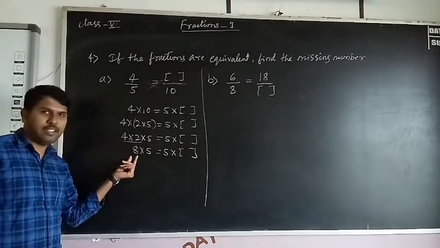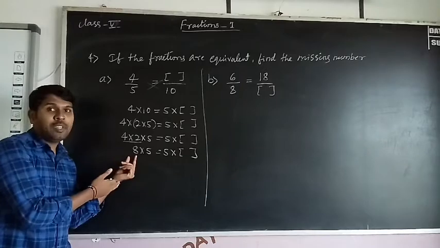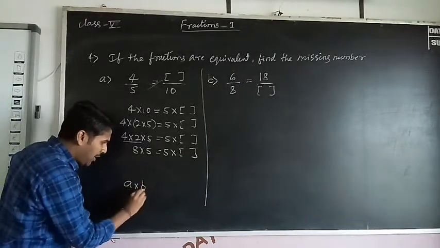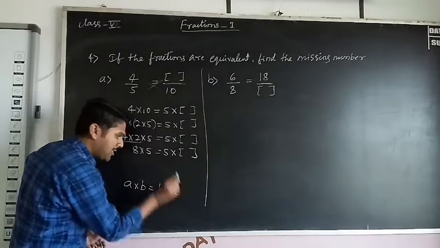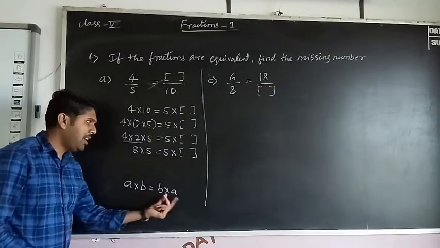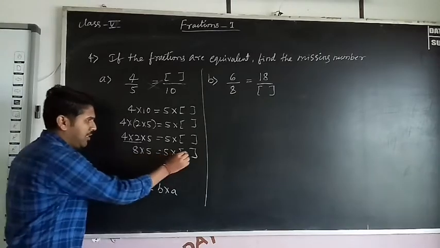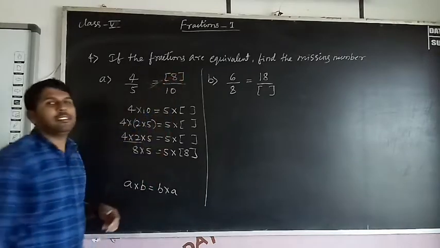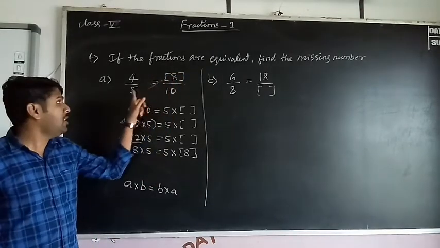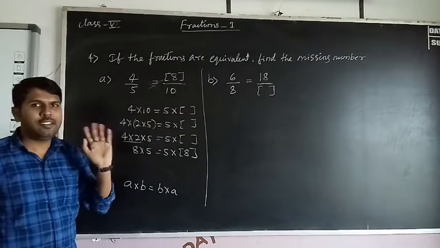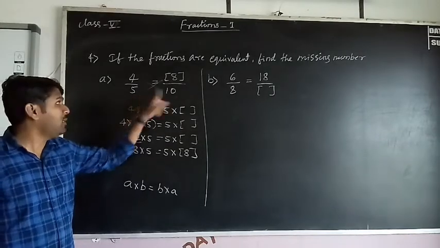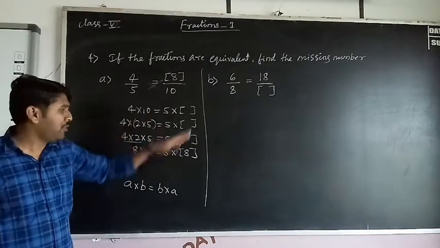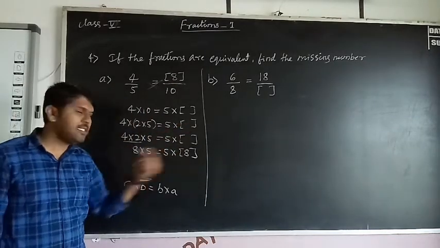What is that? 8. Which property does this tell me? Commutative property under multiplication. What is that? A into B equals B into A. Isn't it? Here A, B, B, A. Here 5 is there, 8. That means 8. So what is the missing number? The missing number is 8. 4 2s are 8. 5 2s are 10. That's it. This is a very simple method. 5 2s are 10, that means here also 4 2s are 8. Directly you can get the answer. Otherwise, use this method. So the missing number is 8.